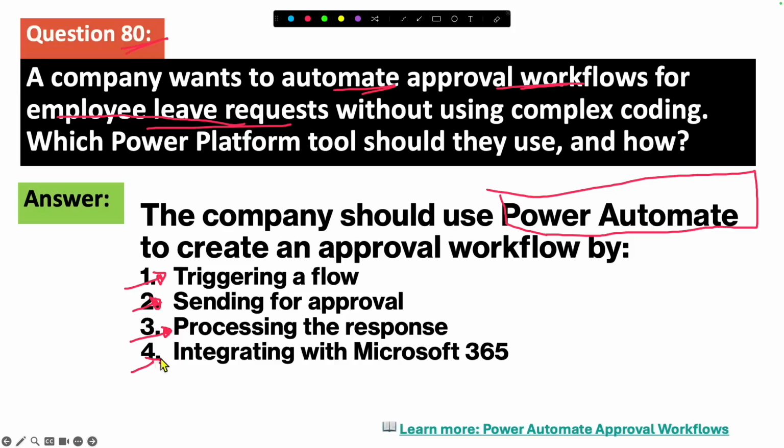And the final bit here is integrating with your Microsoft 365. Once you create all this logic, you're going to automate an email notification or a record update in the list or HR system by integrating your Microsoft 365. So when you use this Power Automate tool, you have all of the tools at your disposal to make all of this happen. I know that's a long-winded answer, but I really hope